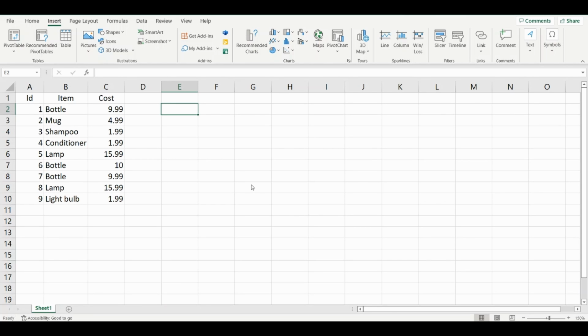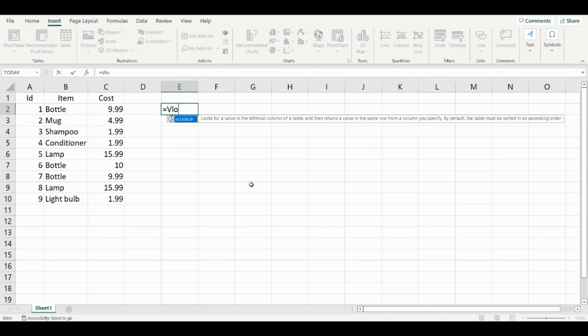Here we have a table of store transactions, and let's say we want to get the price of a light bulb. So in this case we do equals VLOOKUP, the value that we're searching for,